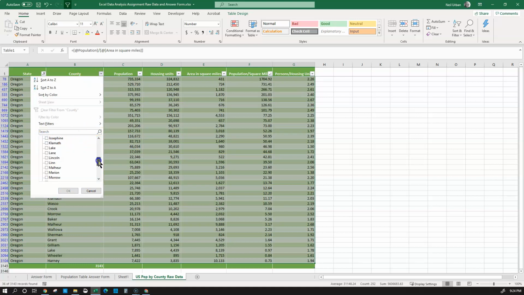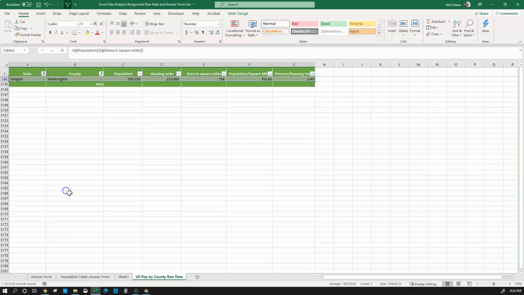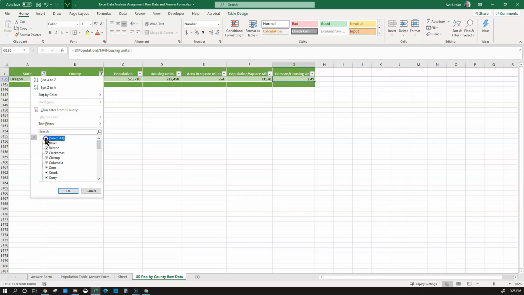So we could go here and say Washington County in Oregon, OK, and this gives us Washington County, Oregon, and we see how many people there are per housing unit, which is 2.49, and then that gets added to our answer form as well. Okay, so now we can clear